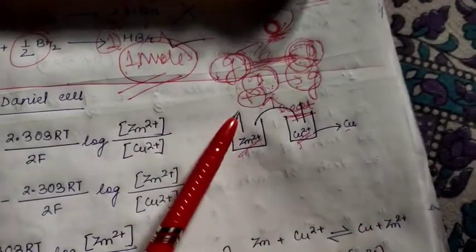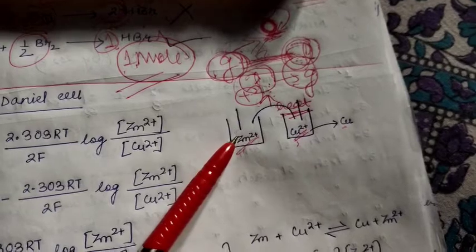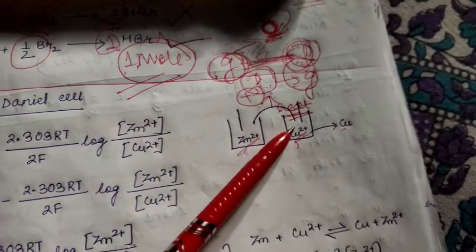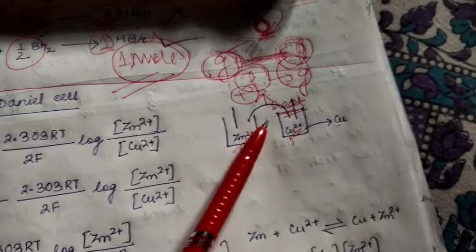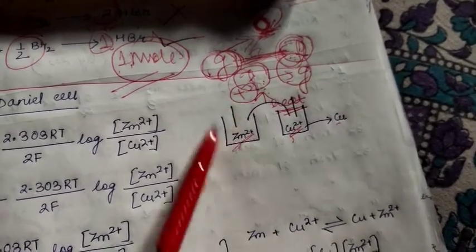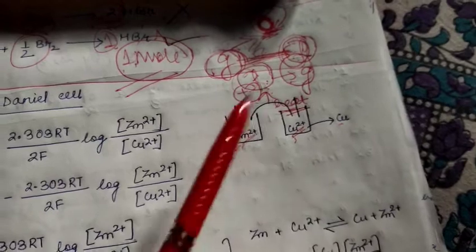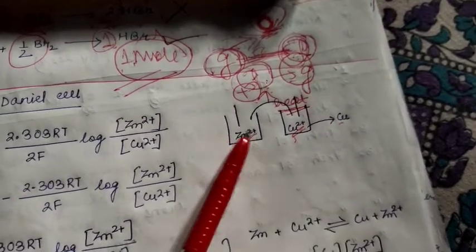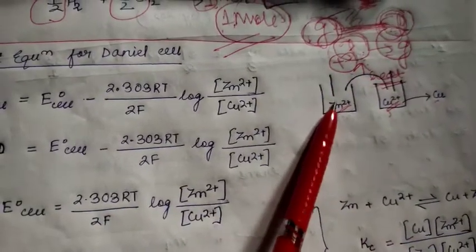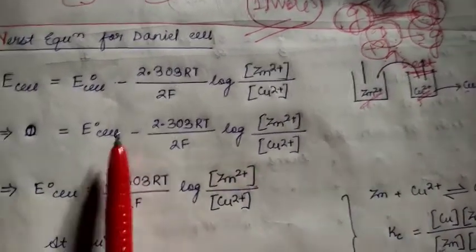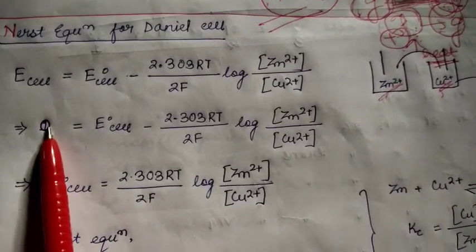Now, if you realize one thing, since the zinc electrode is diminishing in size and the copper electrode is increasing in size, at one point of time you will reach a condition where the zinc electrode is over. Clear? So at that point, equilibrium is reached and the E cell will be read as 0 by the voltmeter that was attached in the wire connecting the two electrolytes, right? So E cell will become 0 here.